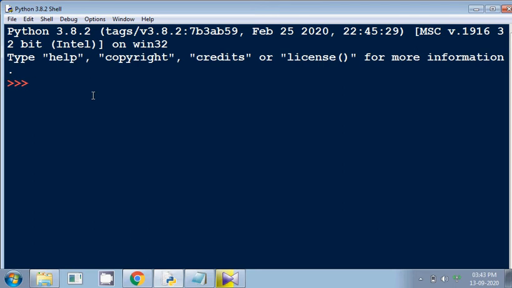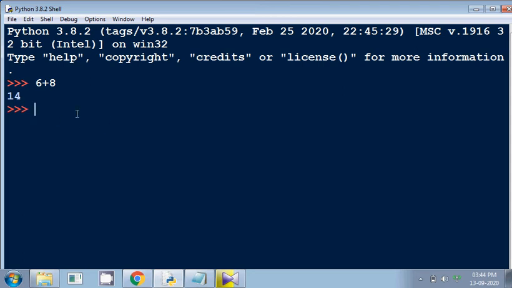One way is to use IDLE as it is, like doing any computations directly from this. But the efficient way is, we can create a file and type the code in that particular file, and after that when we run that file, the output will be shown here.